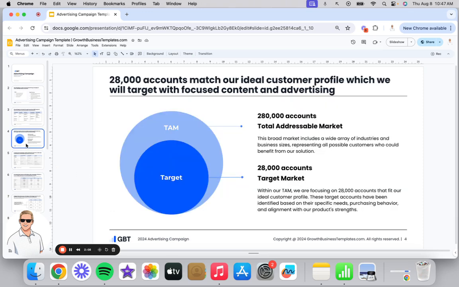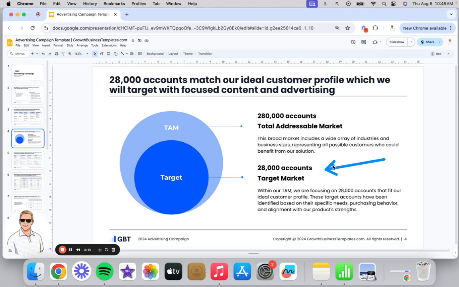Then that leads you into how big the market is, the total addressable market that you're going after here. Within that total addressable market, for example, you might define your ICP, then you go into a database like a ZoomInfo or an Apollo, and you identify how many accounts are actually in that target market that meet this criteria. Well, within that target market, it's unlikely that you're going to go after all of them. So what I recommend is getting more specific about the market that you're going to go after. And